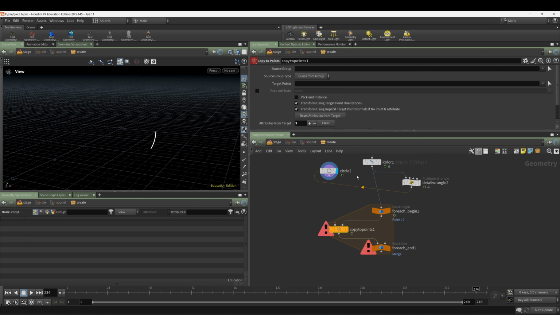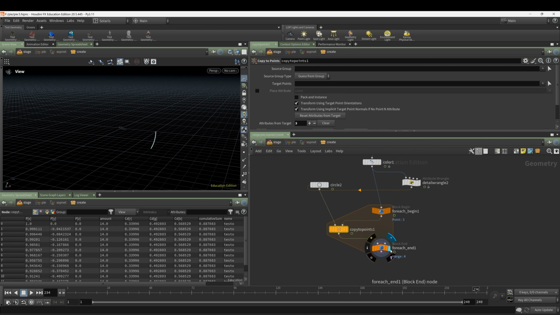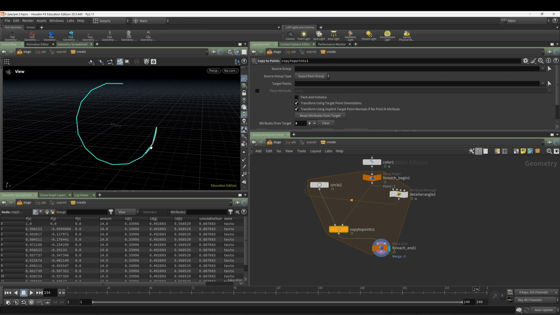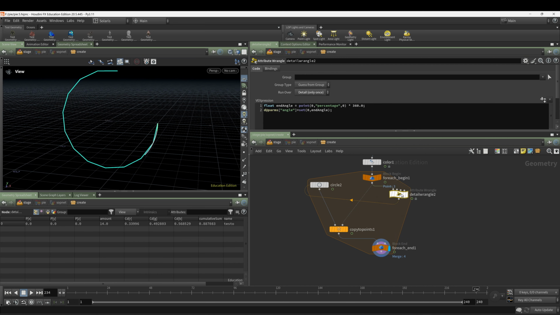We can just leave the detail wrangle off to the side here, and then we're going to be copying the circle to each of those points. Right now you won't see any difference. It's treating everything kind of the same. So what we're going to do is add the detail wrangle as part of the loop here. And it's still not adding up correctly, and that's because we have to change some of our calculations in